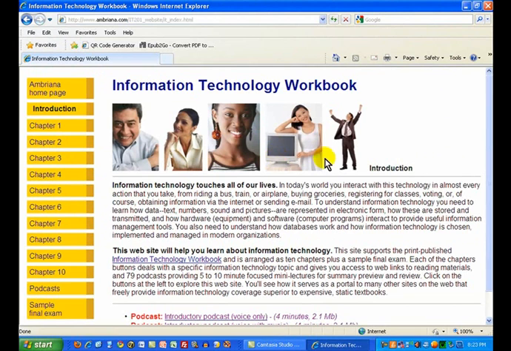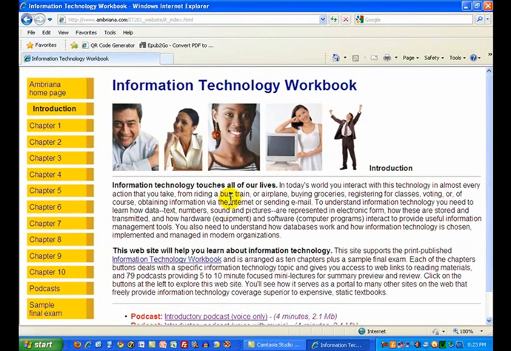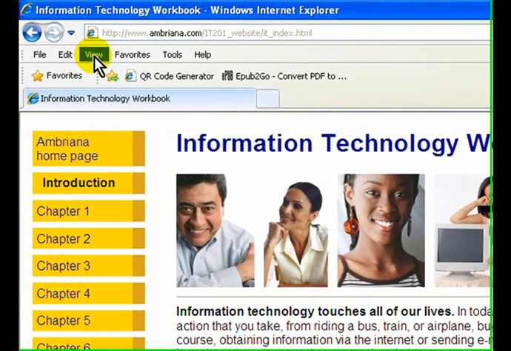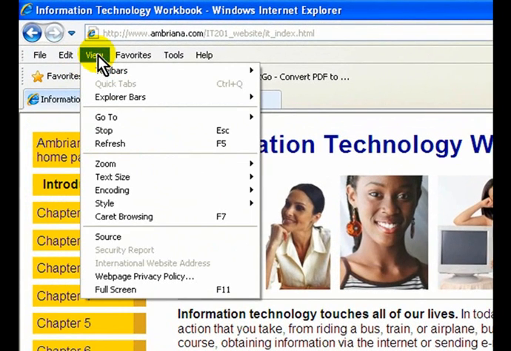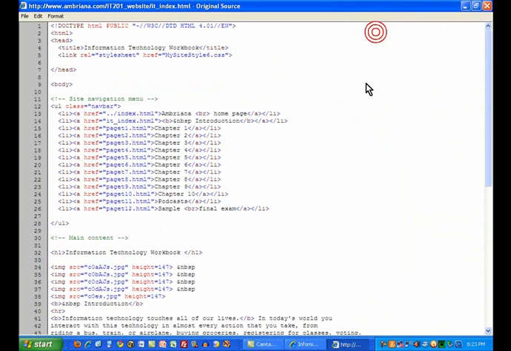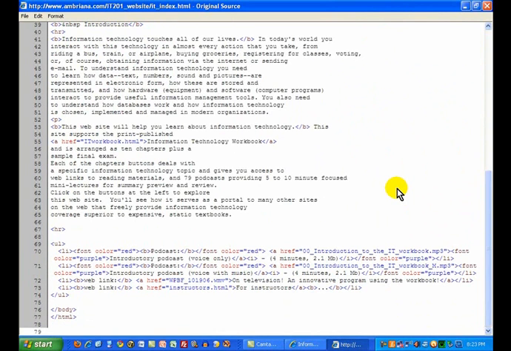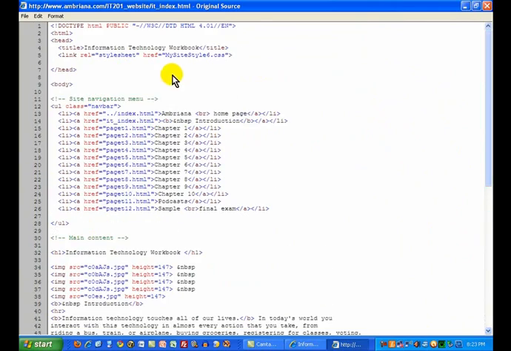Let's take a look at a page that supports another course that I do here. The only reason I'd like to show you this is I know what the HTML looks like, and I'm going to show you right now. If you have in your browser something that says View Source, that's going to present as ASCII characters what's currently painting this screen. So let me do that. And here you can see what the HTML looks like. Now, it's not being presented in a way that I can change it. I'm just showing you this as an example to let you see what it is that HTML looks like